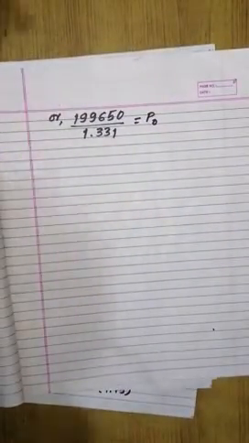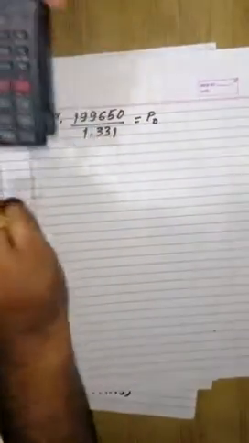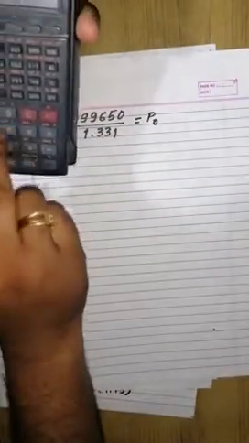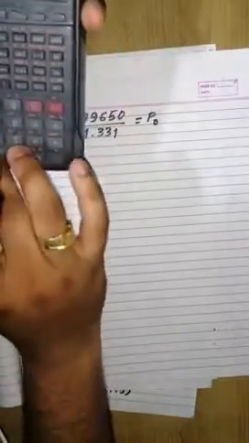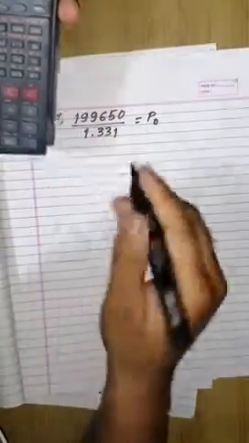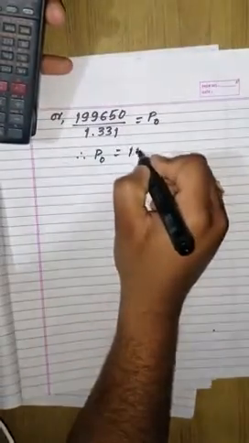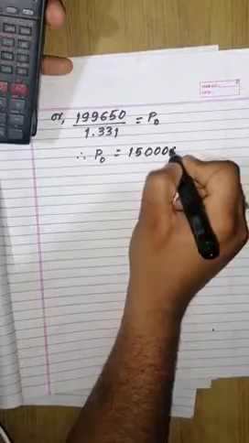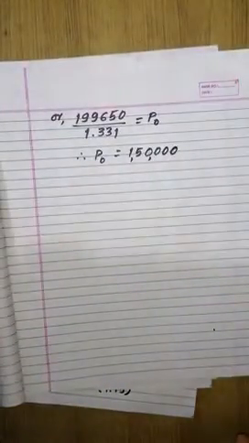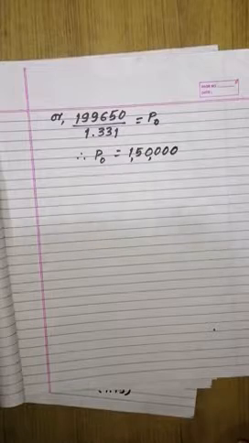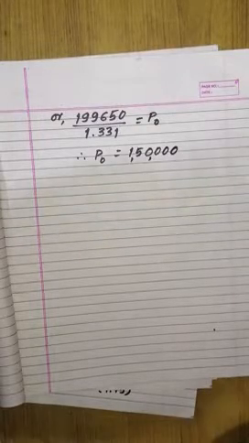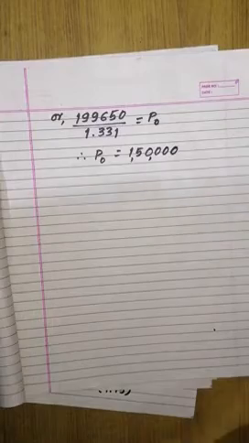I am bringing 1.331 from the RHS to the LHS. Now 1,99,650, when we divide it by 1.331, then our value of P0 is 1,50,000, which is the initial population of that place, or this was the population of that place